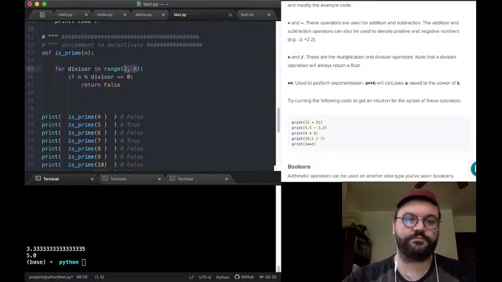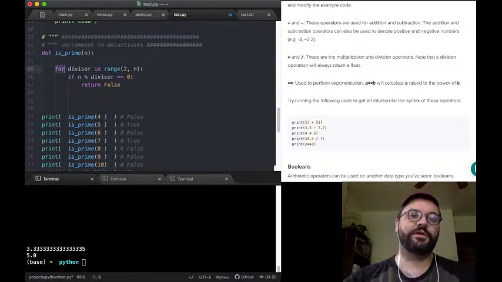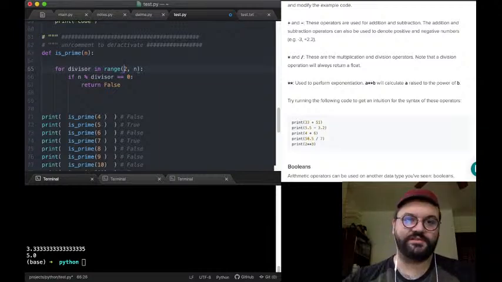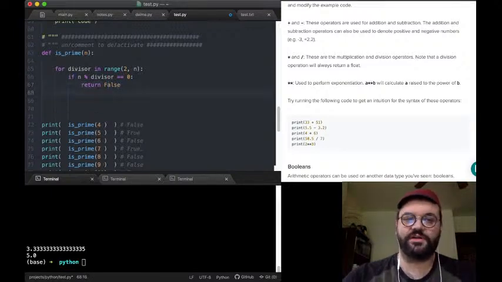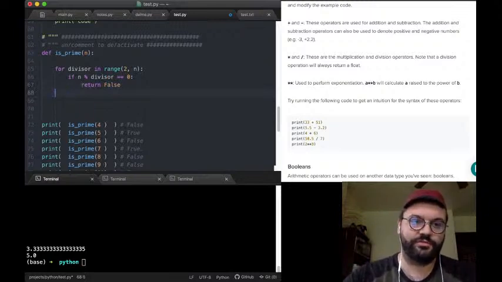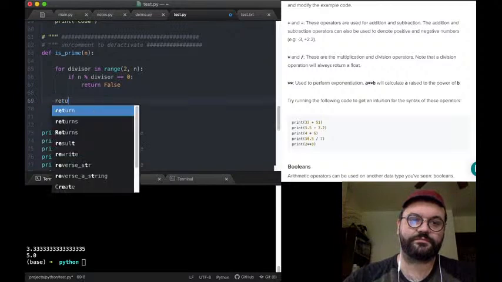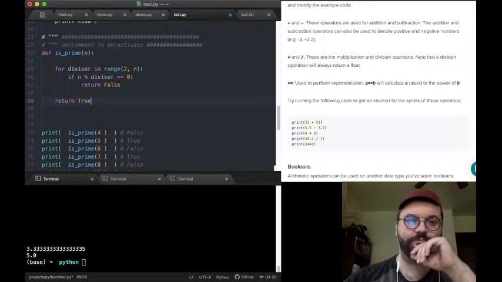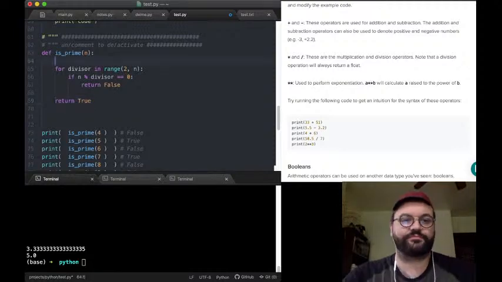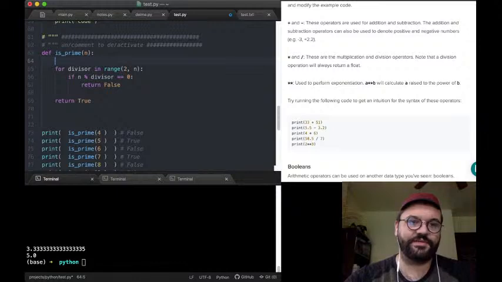So we're not trying to write the ultimate super efficient function. We're just trying to get something working. So if n mod divisor equals 0, then return false. If we make it through this whole for loop without returning false, we can just return true, because what we did is divide by every number possible, and we didn't find anything to prove otherwise. What about small numbers? Let's just handle the edge case up here. So we'll say if n is